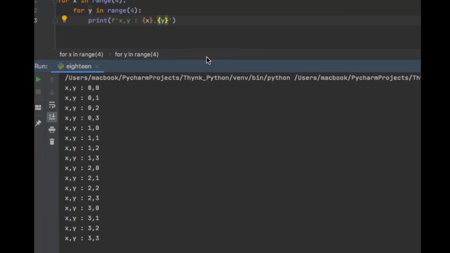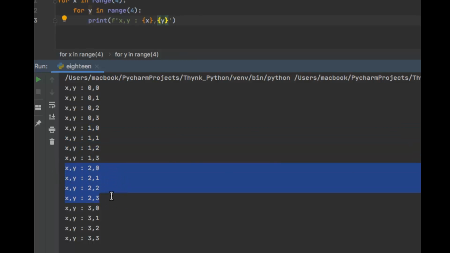Perfect. So here we have these x and y coordinates generated at the output. So see this part of the result. X is 0 and y is 0. Now x is remaining the same, it is holding the same value 0, but the value of y coordinate is changing, and then in the next set the value of x has changed to 1, and corresponding to 1 the y coordinates are changing, and so on.